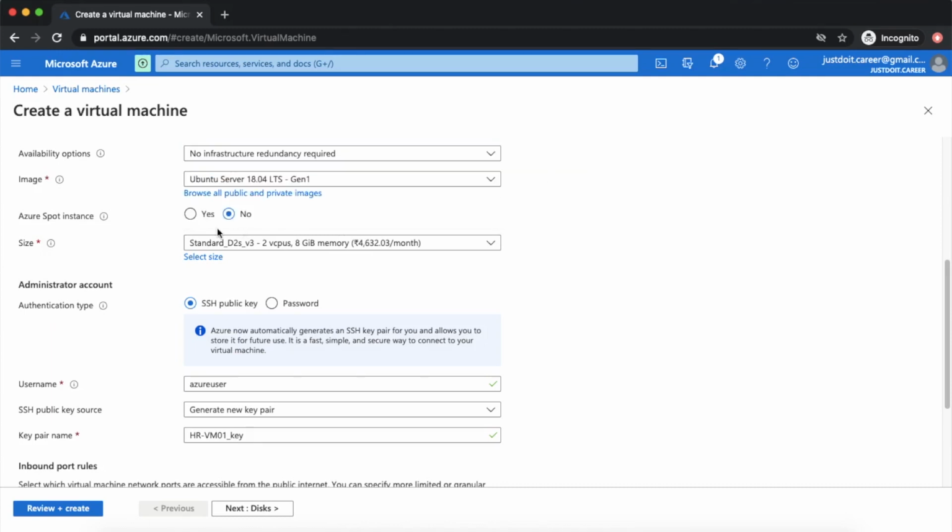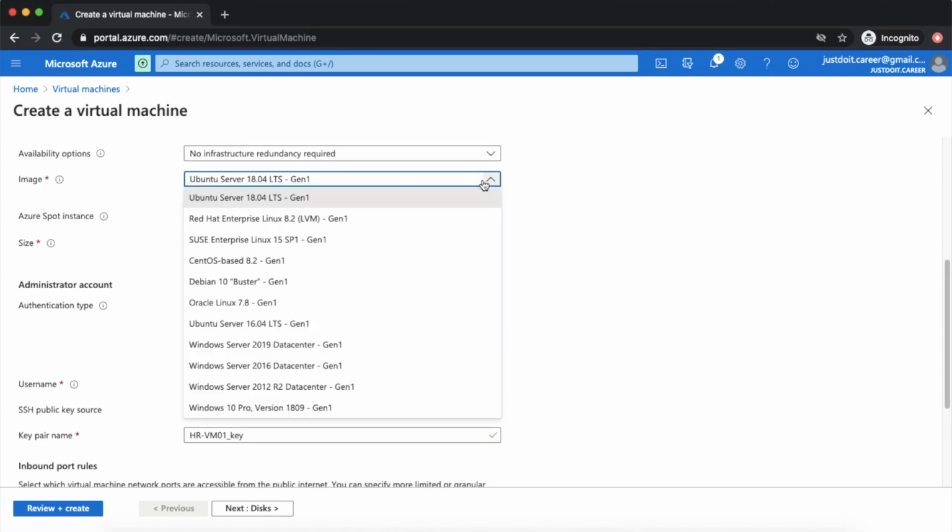Now let us understand what all images we get here. They have provided us a few options by default, which are most utilized by people. So there is Red Hat Enterprise, Ubuntu, CentOS, then other options, and then Windows Server 2019, 2016 and 2012 R2.